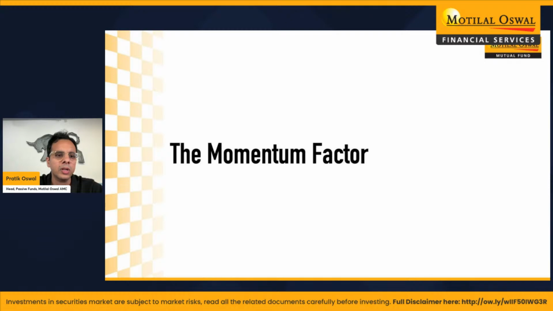But let's talk about factor investing, and let's talk about momentum as a factor. Within index funds and ETFs, we have all heard of Nifty and Sensex. Those are very popular, but there are index funds across many categories. You have international index funds like S&P 500 and NASDAQ. You have gold and silver. You have mid cap, small cap, multi cap. But you also have this category called factor funds or smart beta funds.